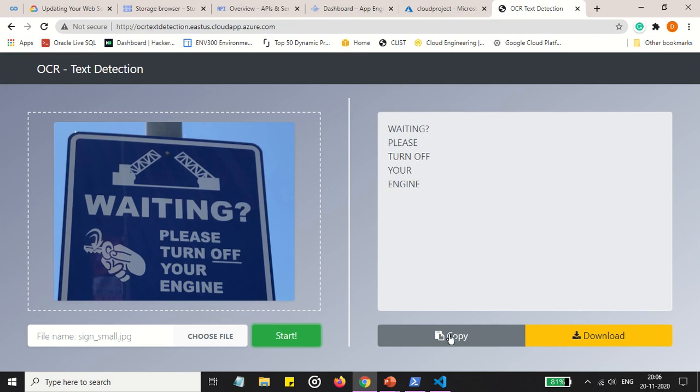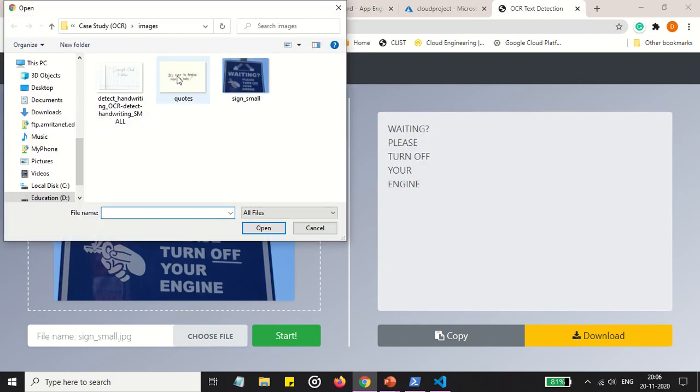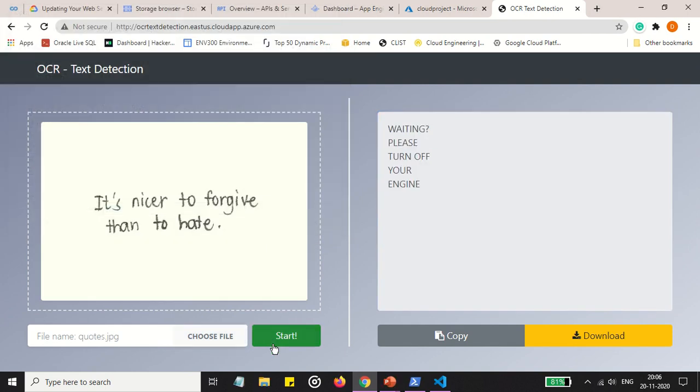The user can also copy and download the results. And as mentioned earlier, this can also detect handwritten fonts. Like in this case, you get the output.